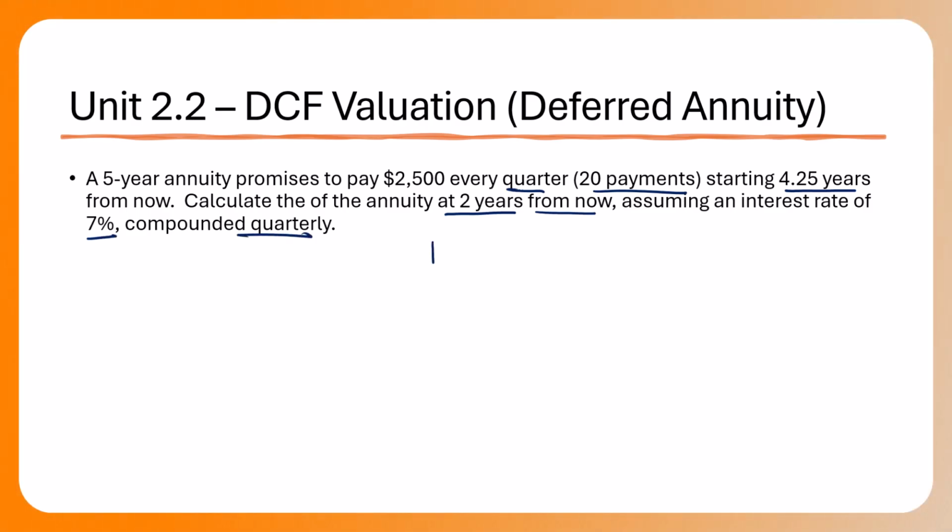If I were to draw this timeline, here's time 0, here's time 1, here's the end of year 4, okay? Here's 4.25, which is just a quarter in. That's where the first payment is actually going to occur. And then it's going to repeat, obviously, 20 more times, all the way out for 5 years. If I plug in my time value of money input parameters here,